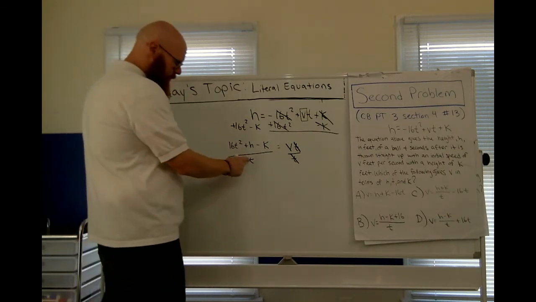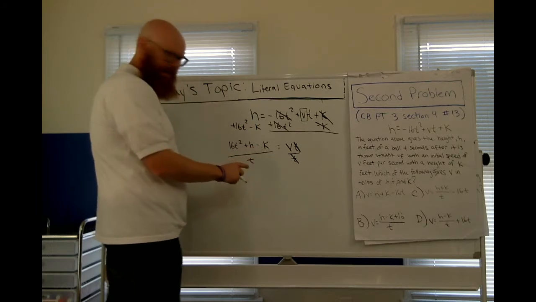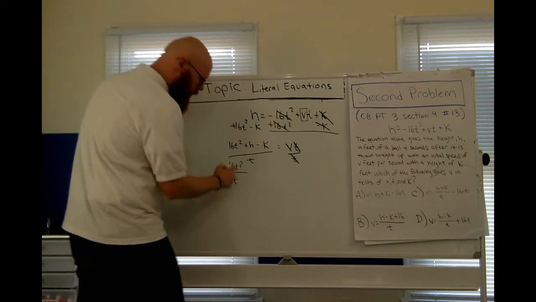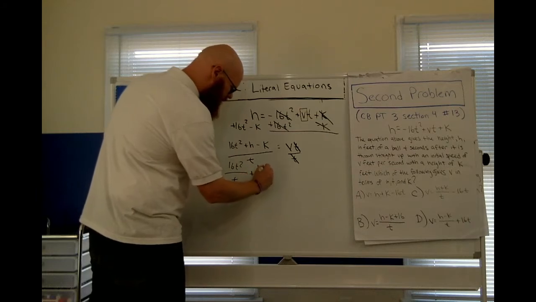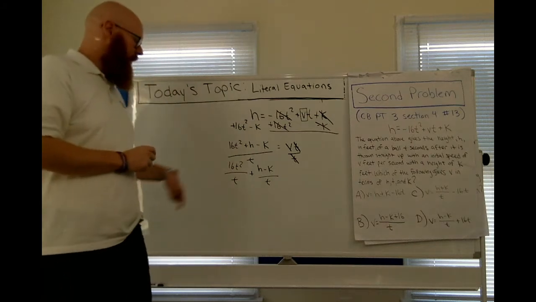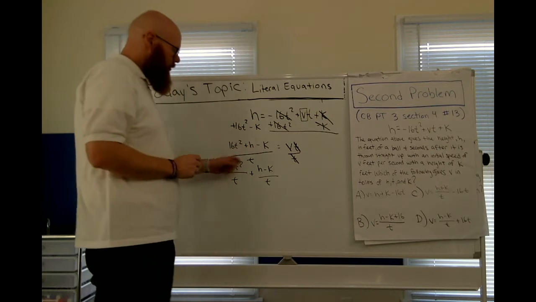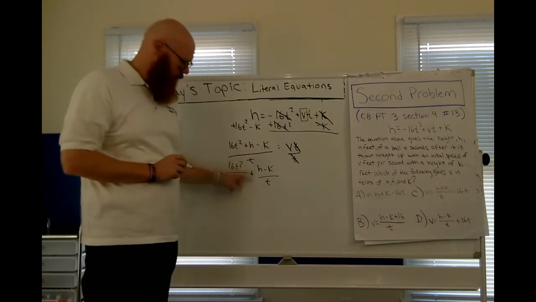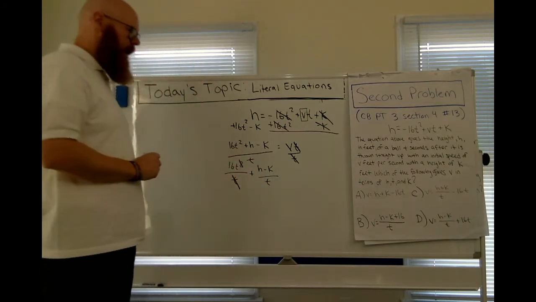I can't just simplify it from here. The h and the minus k also are divided by t. So I'm going to write this as 16t squared over t, because that's the one that I can simplify a t out of. And then I'm simply just going to write the h minus k is going to still be over t. So a common mistake I see a lot is to just cross out this t and then one of these, the square. But you can't do that because the h and the minus k have to also be divided by t, so that's why I need this here. And then this t is going to divide out with one of these t's,